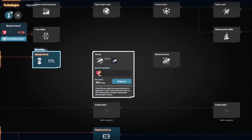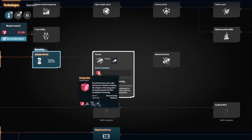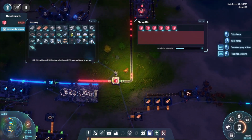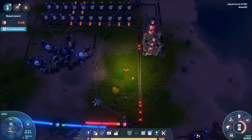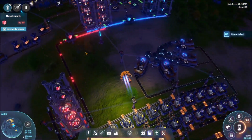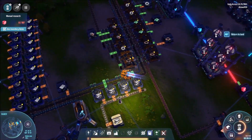Because I wanted to make thrusters, and thrusters are going to be useful in a moment. In fact, I'm going to add thrusters to the queue here. We're going to need another 1,000 energy matrices, so good times. How are we doing on those, by the way? Not bad. We've got a good stockpile. I hope we have enough. Meh, we'll find out. I'll just come back when all this research is done. Yeah, so it looks like our red research cubes we're not producing enough hydrogen for, so I might want to consider doing that. Maybe, real quick while we're waiting for that, should we...